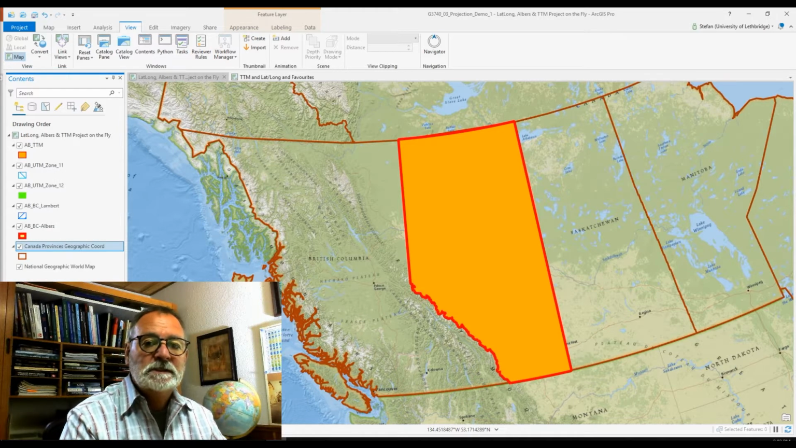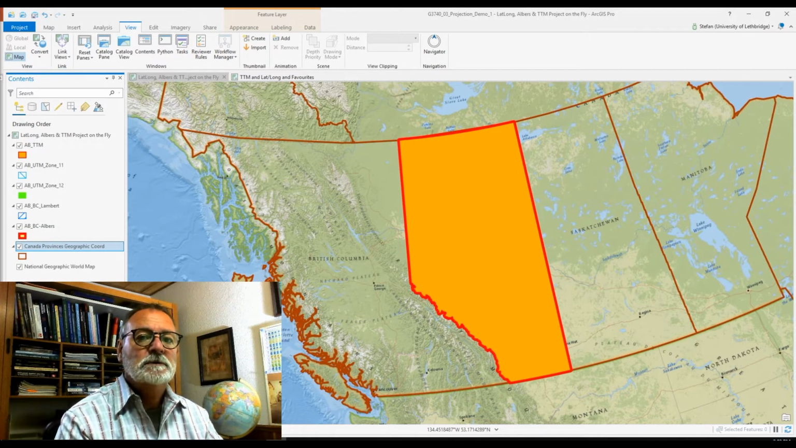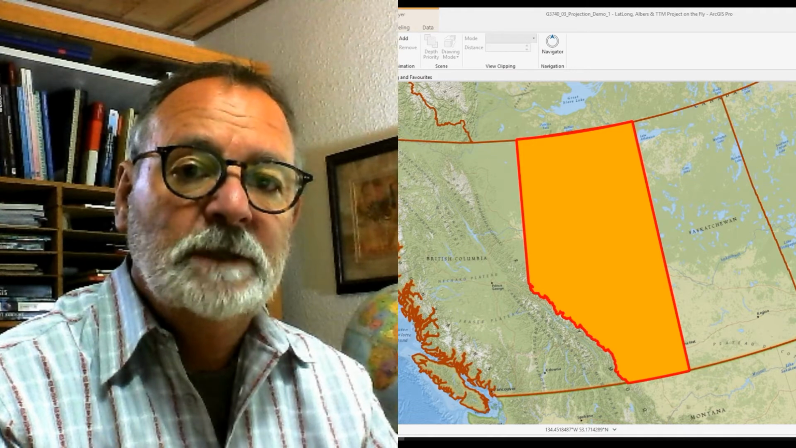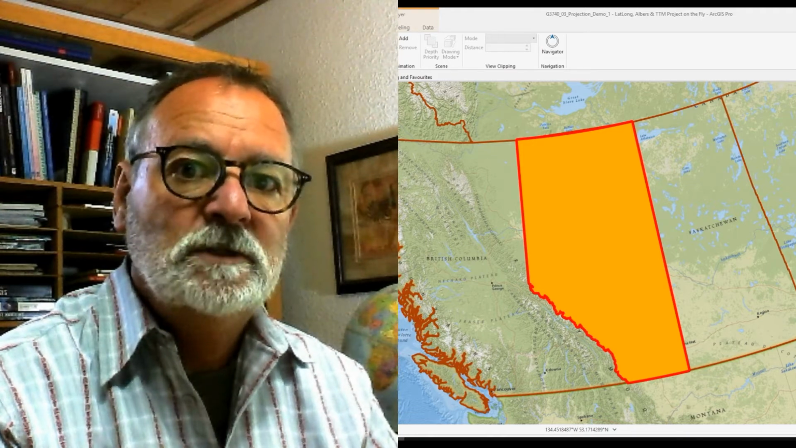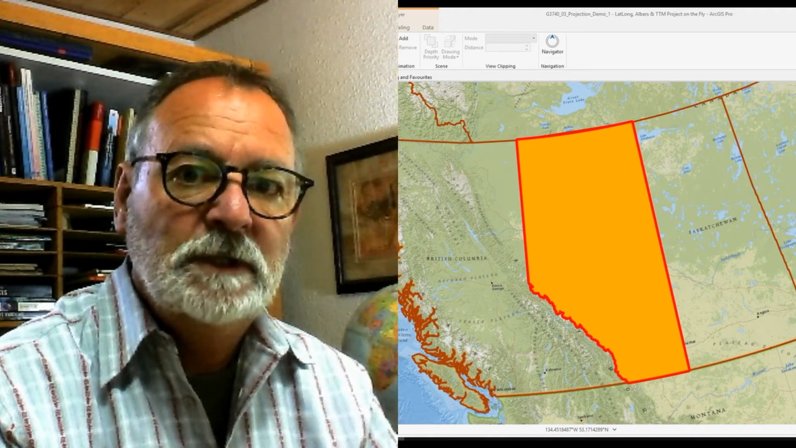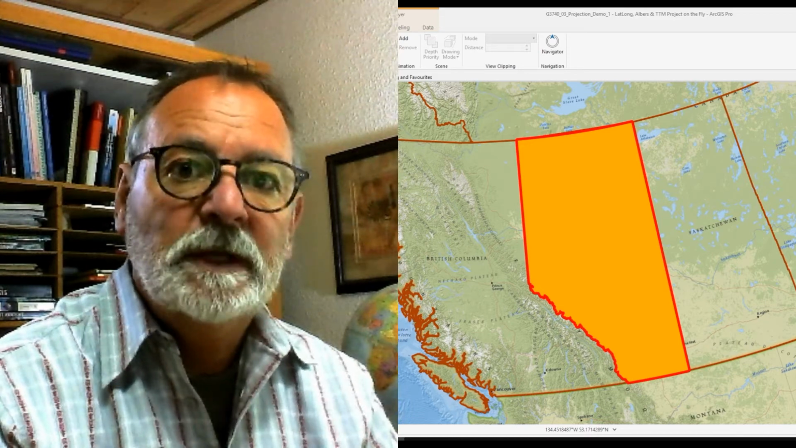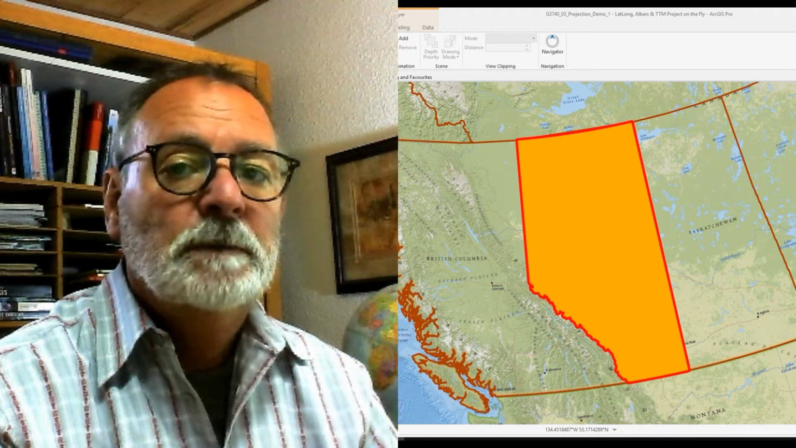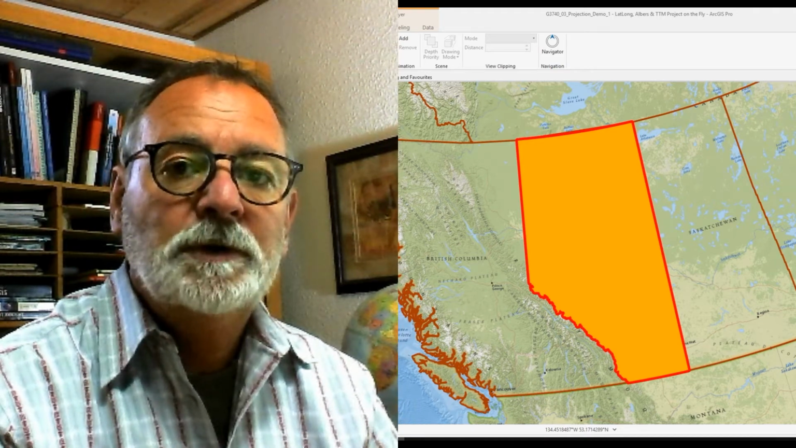So ArcGIS can project on the fly. That means it can take any projection that is properly defined. It can take that definition information and then project on the fly to make a perfect spatial overlay using very complex mathematical equations. Luckily, we don't have to worry about this, but we do have to worry about how to